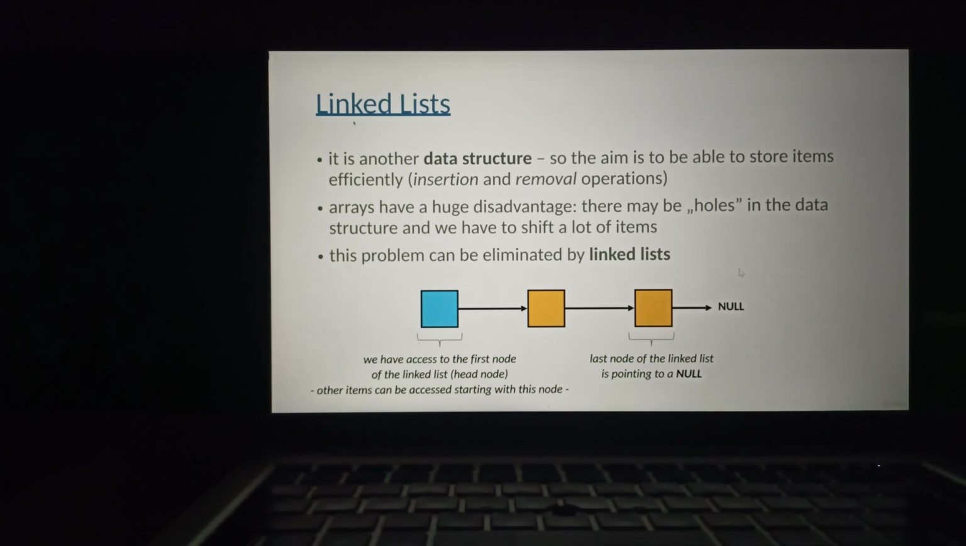So as far as the linked list data structure is concerned, we have access to the first node of the linked list exclusively. This is called the head node, and other items can be accessed starting with this node. And what's crucial, the last node of the linked list is pointing to a null. So basically this is how we can traverse a linked list: we have to start with the head node, and then we have to follow the references until we come to the conclusion that the reference is pointing to a null. This is when we know for certain that it is the last node in the linked list